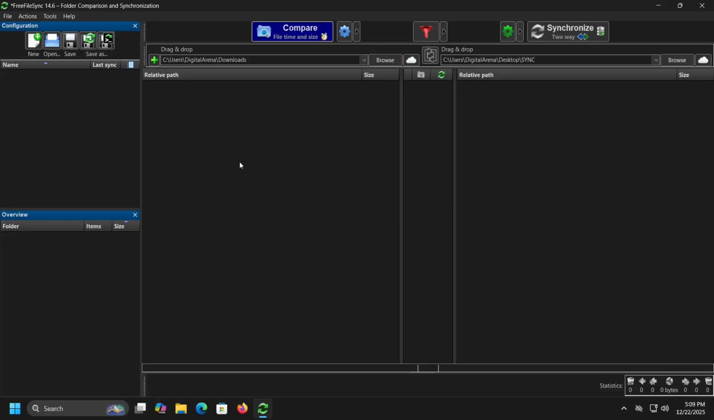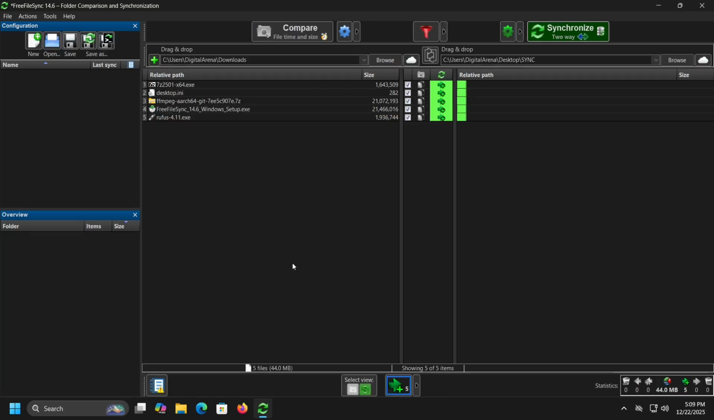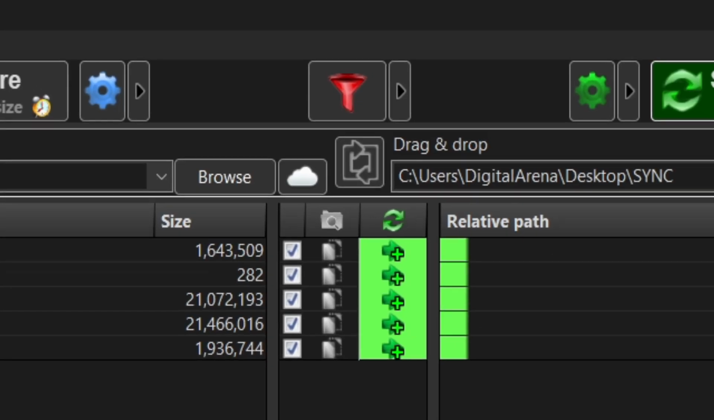When we click on the Compare button, the program will perform a comparison of the two folders and give us a list of differences. Since the folder we marked as the destination is currently empty, we got a list of all files located in the folder we marked as the source, and they will be copied. The green arrows you see in the middle segment show the destination in which the copying, in other words synchronization,